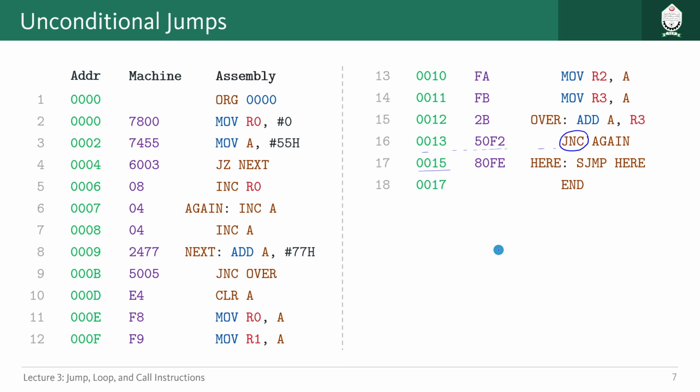This one. So 0015, we will take just 15. This is the current PC. Okay. And here the last 8 bits is the relative address. So F2 relative,